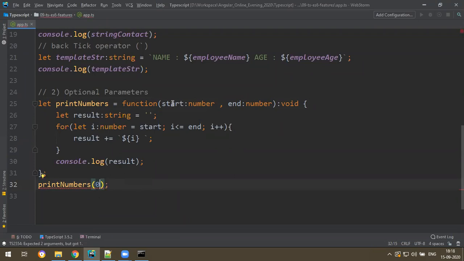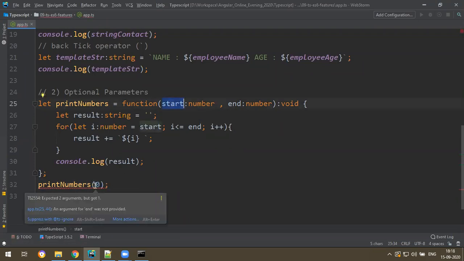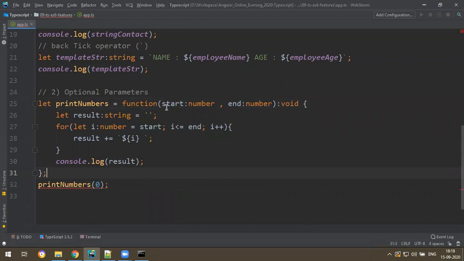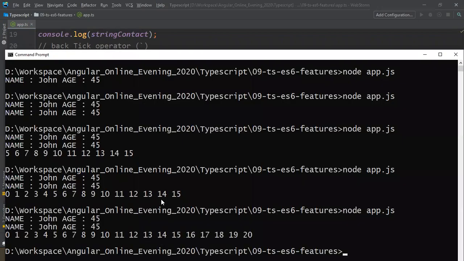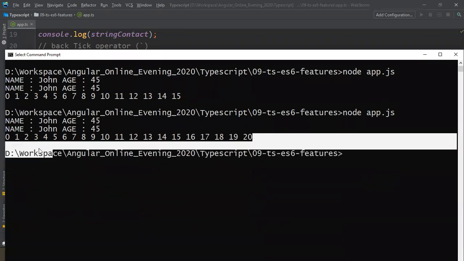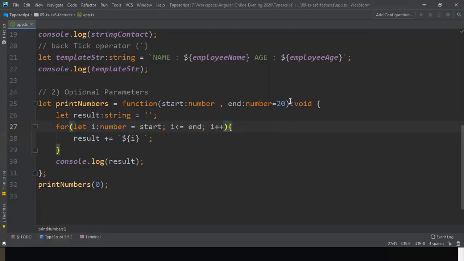I mean, start number is what you call a mandatory parameter, and end I don't want to pass sometimes. So I can define an optional value like this. This is called an optional parameter. If you make it like this, sir, I don't pass 20. I don't pass the end number, only the start number I pass. If you don't pass anything, this will be taken as a value. If I run the program, see, 20 has been taken as a value because that's a default value.